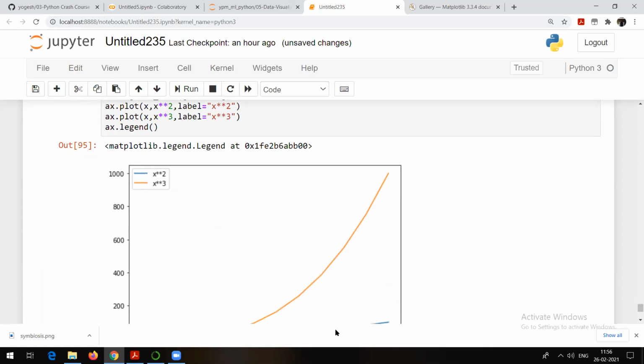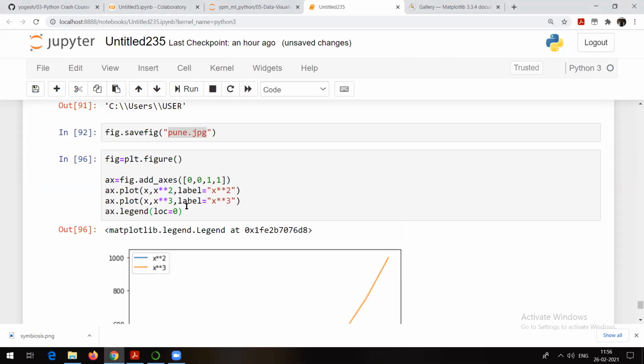By default, it will be on the left top side. If you want to change the position of that, you can. See, by default, it is here. If you want to get this particular legend here, you can. Wherever you want, you can take that. So for that, in ax legend, you just need to mention the position. For example, if I want to move it to the upper right corner, I will write loc is equal to 0